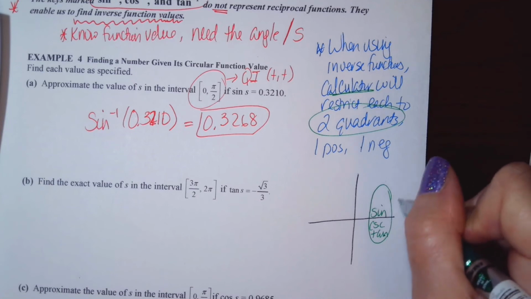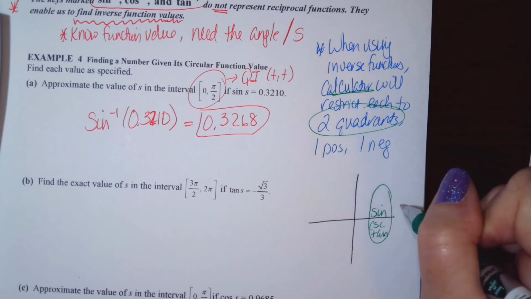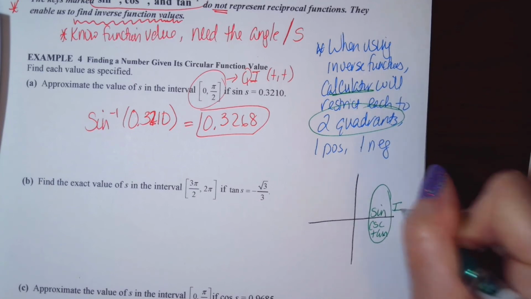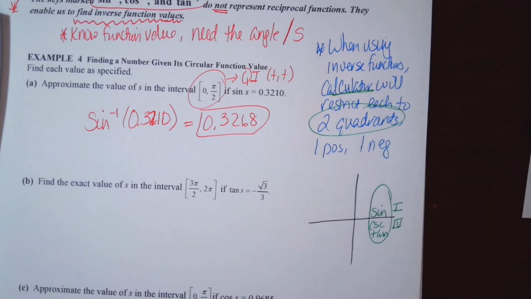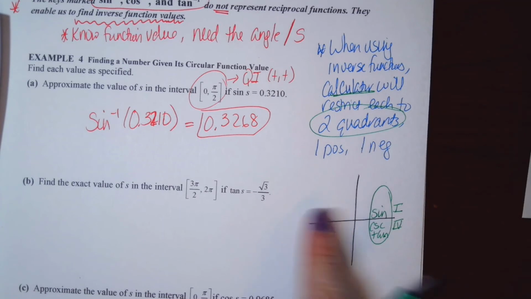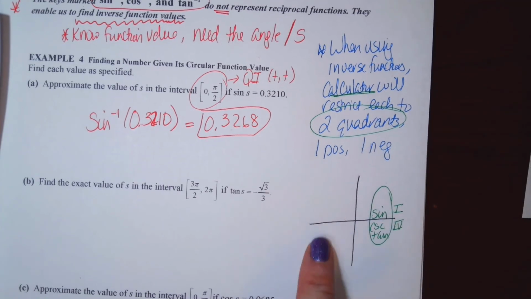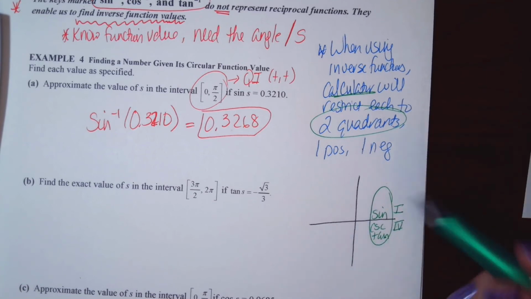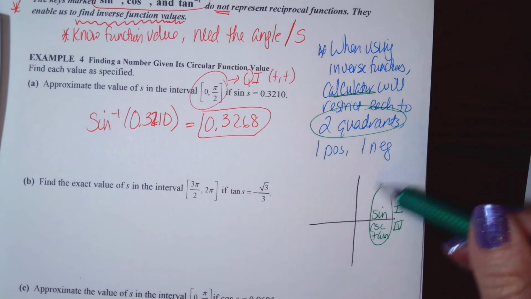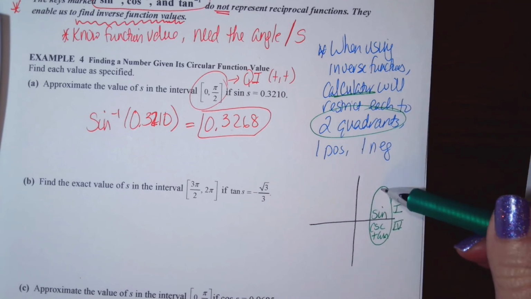So sine, cosecant, and tangent inverse functions are restricted: positive values in quadrant 1, negative values in quadrant 4. There are other angles over here that have those same function values for sine, cosecant, and tangent, but the calculator is just going to give me one. And the one it gives me will be in one of these 2 quadrants, up here if it's positive,